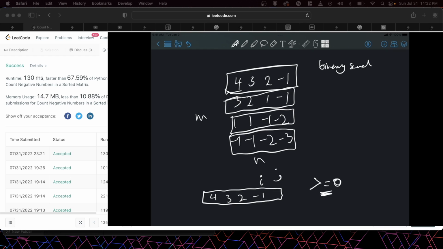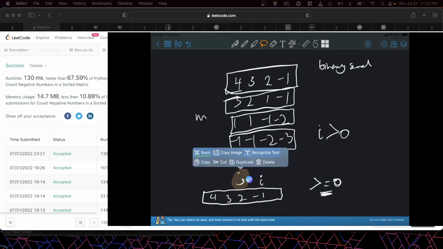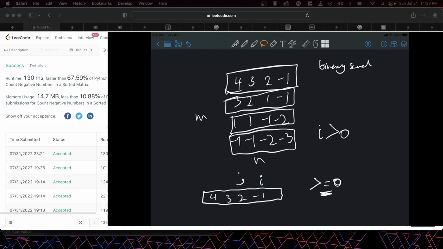It's important to add the equal to 0, because if you just do greater than 0, then that means that you're telling i greater than 0. You're saying that j is supposed to exclude all the